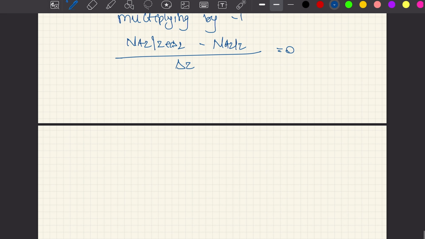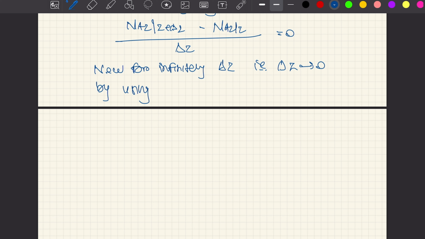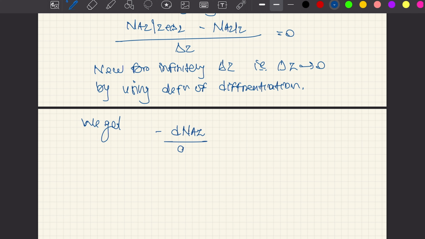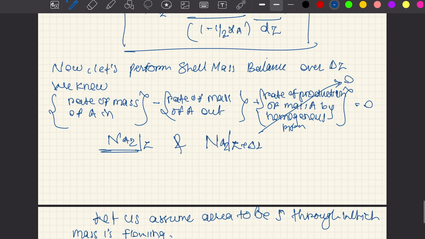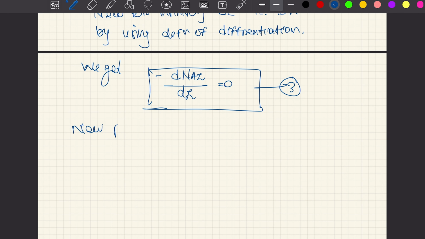Now for infinitely small delta Z, that is delta Z tends to 0, by using the definition of differentiation, we get minus of dN_AZ upon dZ equals to 0. Now we have this equation and equation number 2. Now putting equation number 2 in 3, we get